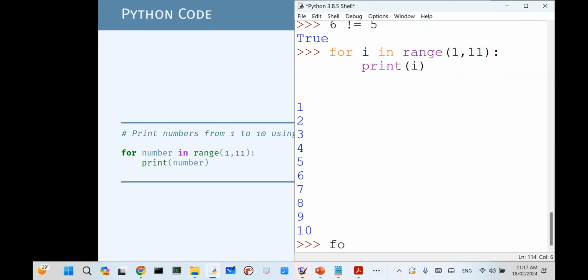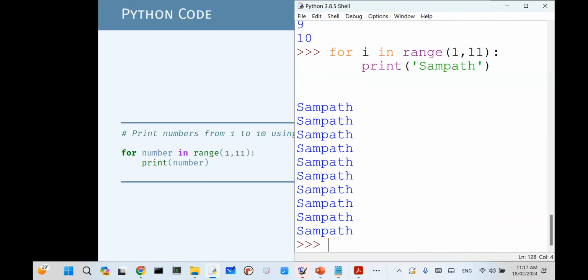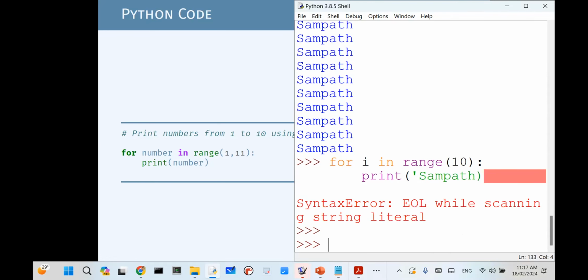But let's say you want to print a name 10 times. Of course, you can use print, let's say Sampath, which will print Sampath 10 times. But the best method is to use for i in range 10, which exactly tells you how many times you are going to repeat. So if you say Sampath 10 times, it will print 10 times.